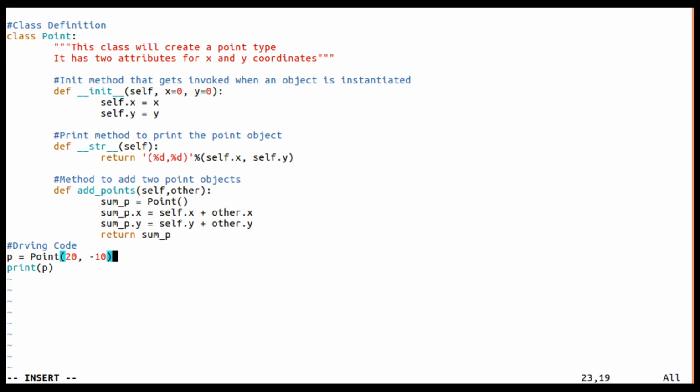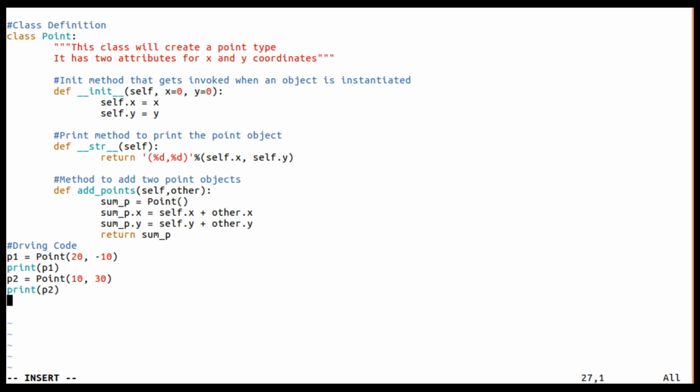Now I'm going to create one point as this, and another point p2, and initialize this with 10 and, for example, 30. This will print the first point, this will print the second one, and now I am going to call a method.